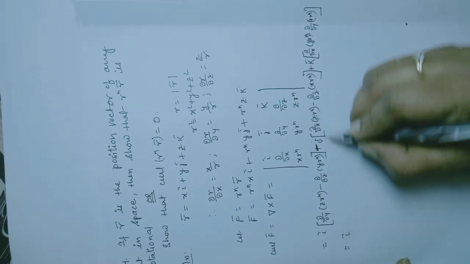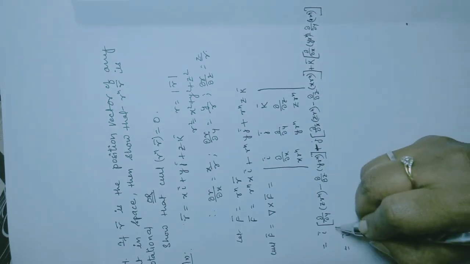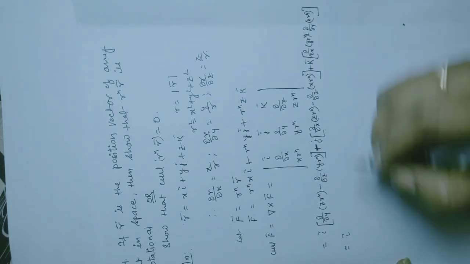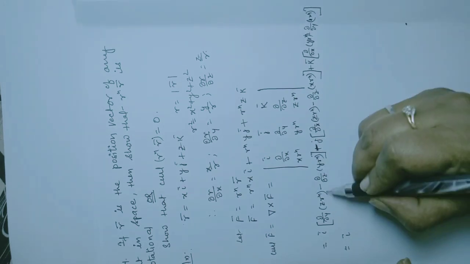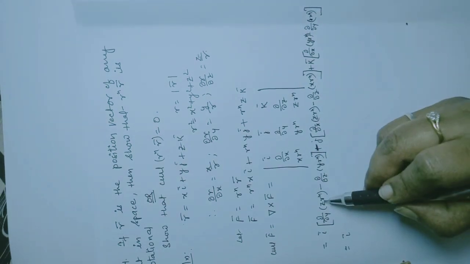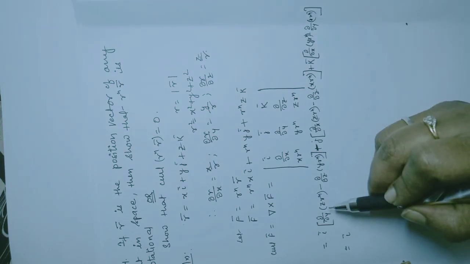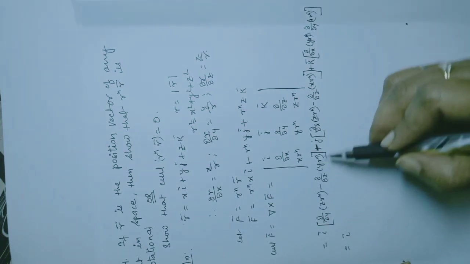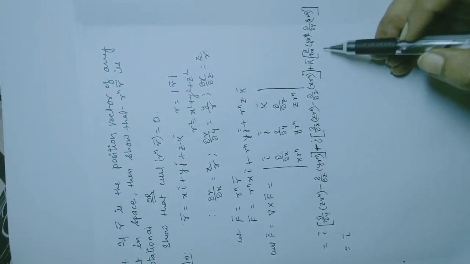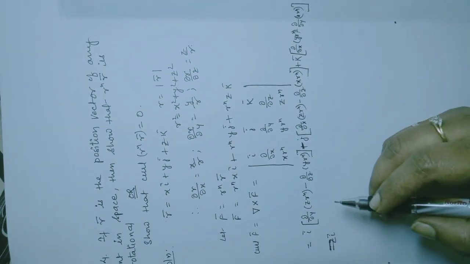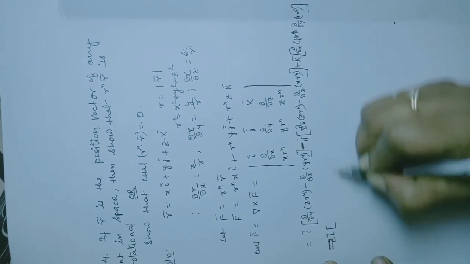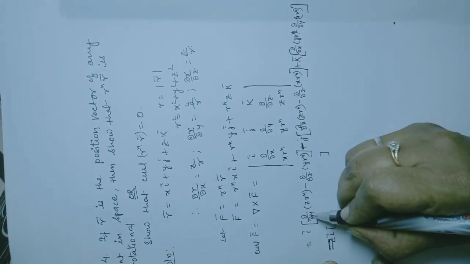Now you know that if I solve this, all are similar patterns. So if I solve for i, I will duplicate it for the j and k terms, right? We can do that because it will be very lengthy to go through the same process for each bracket. Whenever there are similar kinds of terms, we can put a summation and solve for one bracket, and that can be duplicated for the other two terms of y and z also. Or if you don't want to put a summation, we can solve separately.